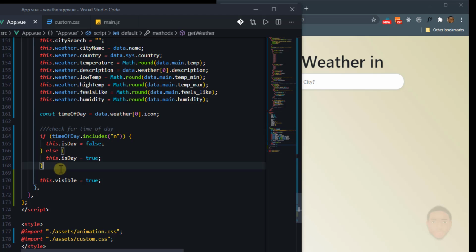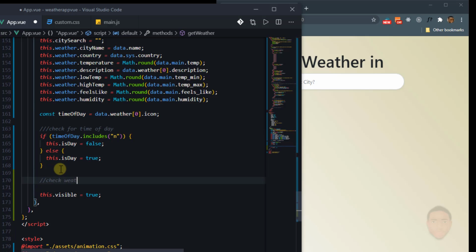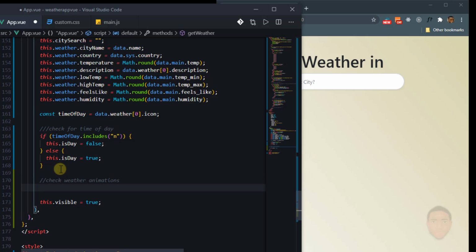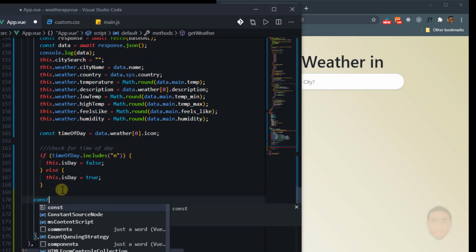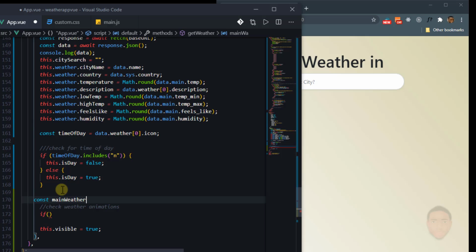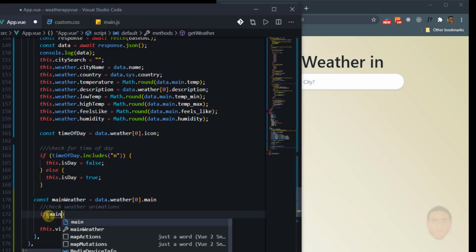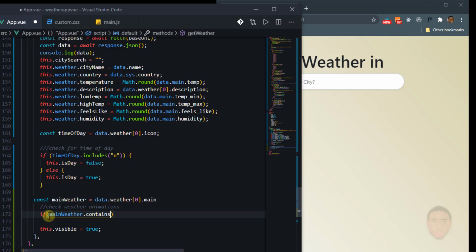So let us go ahead and create the thing that checks the weather. I can do that underneath here. I can say check weather animations. I'll say const mainWeather, so I don't keep typing that, equal to data.weather, this is an array, dot main. So I'm going to say if mainWeather contains, not contains, includes,